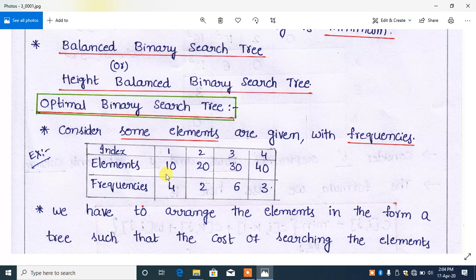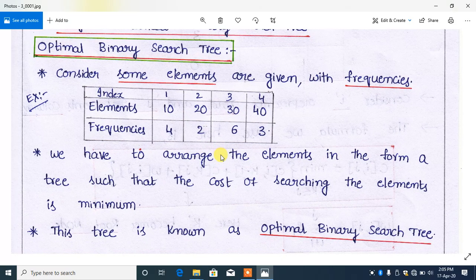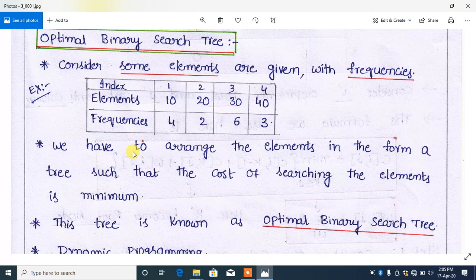Now we have to find the tree arrangement such that the cost of searching the elements is minimum. That tree is known as the optimal binary search tree. So what is meant by optimal binary search tree? We have to arrange the elements in the form of a tree such that the cost of searching the elements will be minimum.